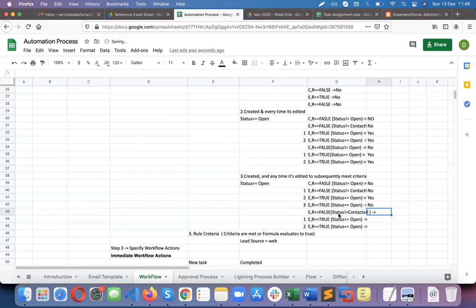Basically, you are changing into a different status. At that time it will fire or no? No. Now you are editing it, changing back to open. Yes. Here you are editing it, the status is equal to open. No.